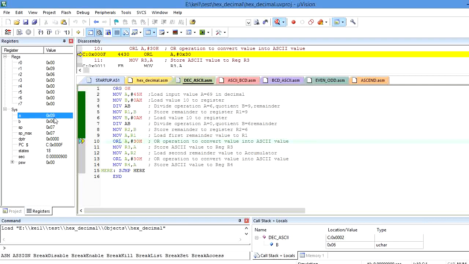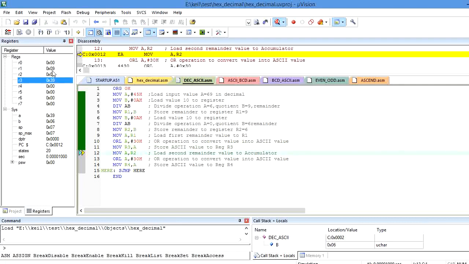So here 9 is the decimal value. After execution of the logical OR instruction, it is converted into ASCII value. The ASCII value of 9 is 39. It is stored in the accumulator by using the instruction ORL A, #30H. So 39 is the ASCII value for decimal 9, which I am going to store into the R3 register by using move R3, A.